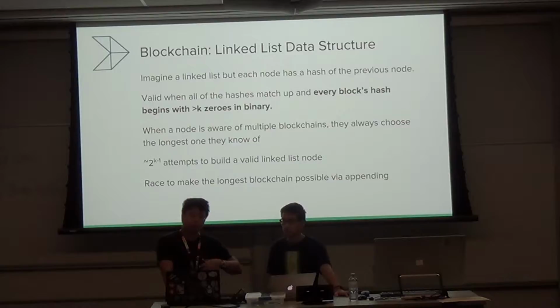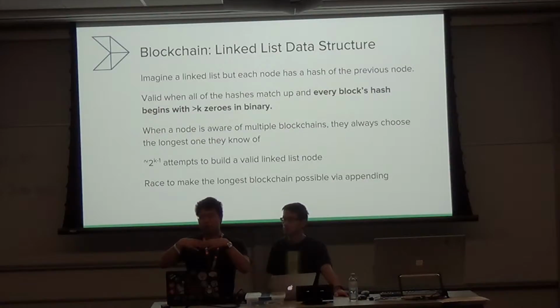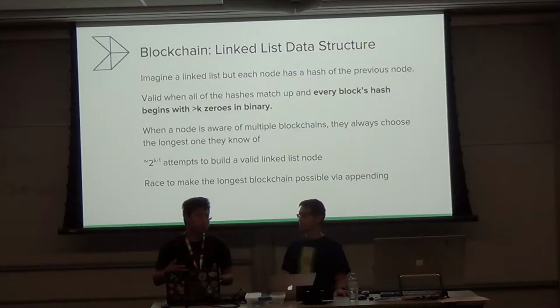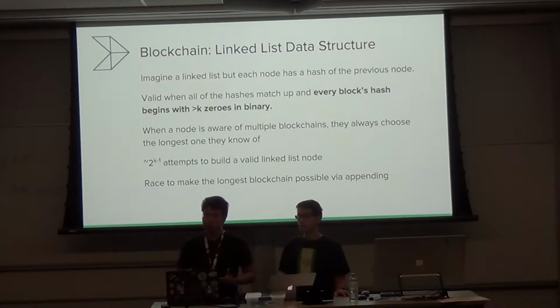So this competition to append to the chain makes it possible for the number of people trying to make an honest living to outnumber the number of people trying to attack the chain. This competition makes it infeasible for malicious actors to catch up to the honest people, since we assume there are a lot more honest people.